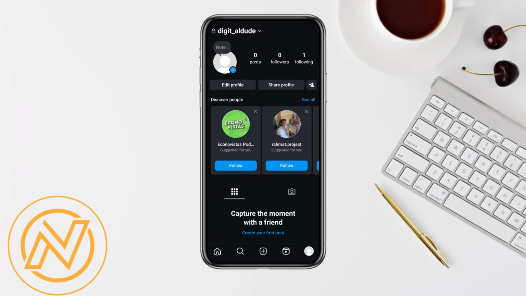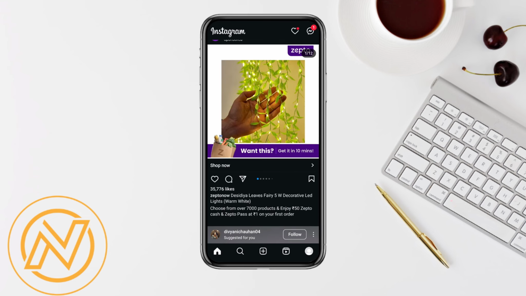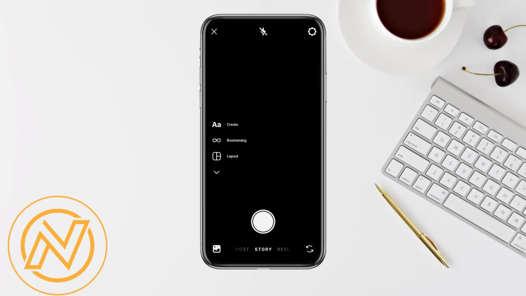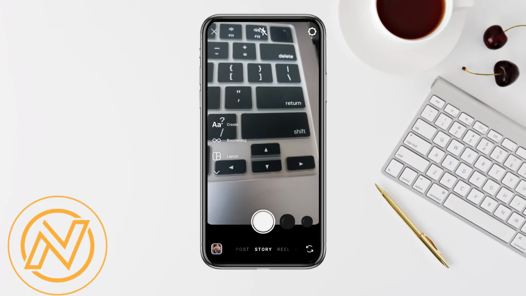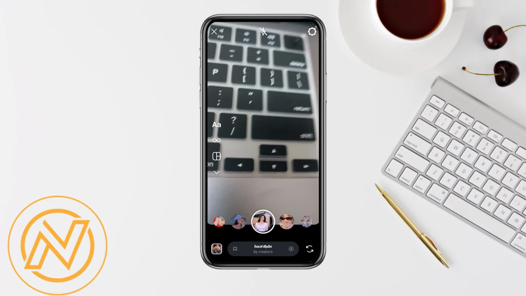So first of all, just simply open your Instagram, swipe right on your home screen, and your camera will open up and you will be able to see a bunch of different filters right here if you have downloaded them. But for some reason, if you aren't able to see these filters, all you have to do is